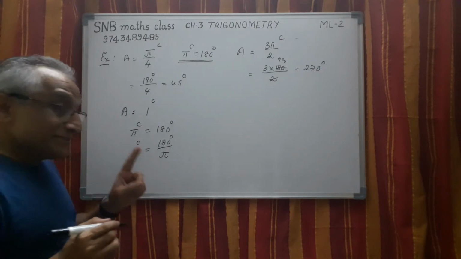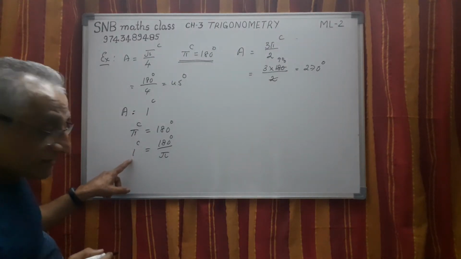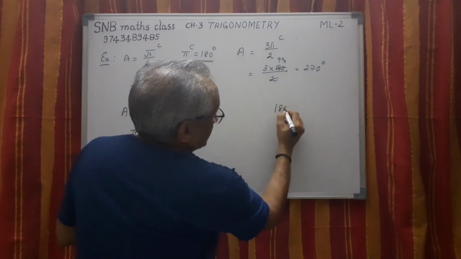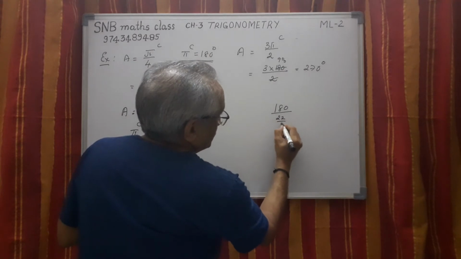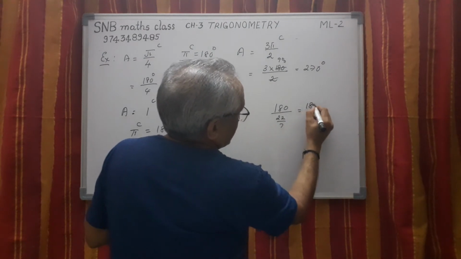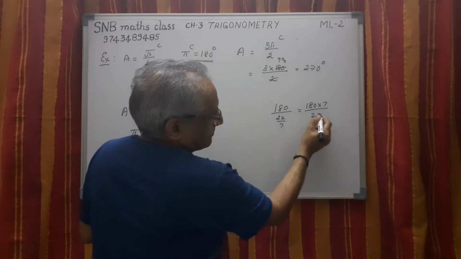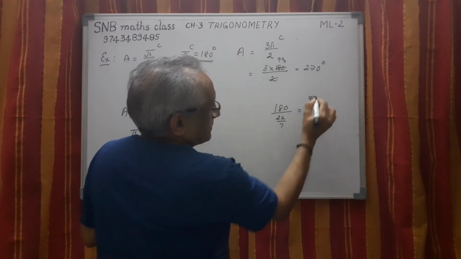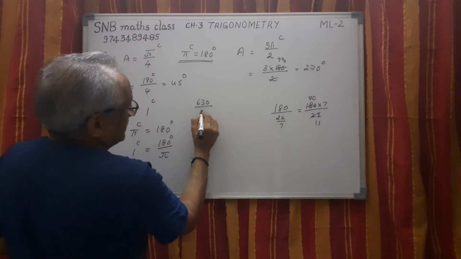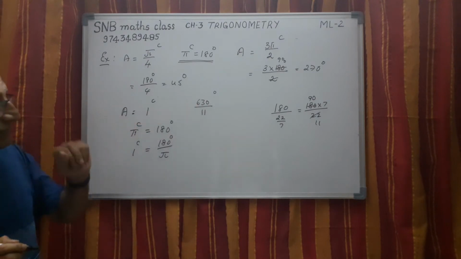As I told you, pi is not a rational number, it's an irrational number. But if you want to find the approximate value of 1 radian in degrees, I have to use this method. 180 divided by pi means 22 by 7. So I have to multiply 180 into 70 divided by 22. These two are divisible by 2, so 11, then 9. So it is 90 into 7. So 630 divided by 11 degree is the answer. But now it is an improper fraction, therefore we can make it mixed.